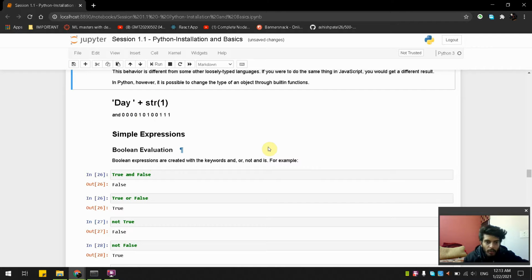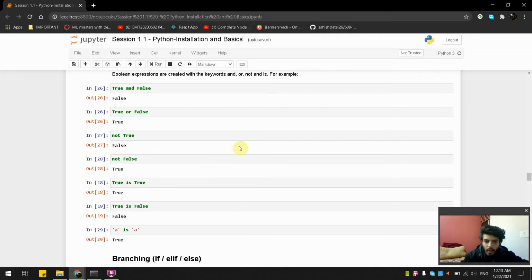So now simple expressions, boolean evaluations. A boolean expression is created with the keywords and, or, not, and is. There are four types of boolean expression: and, or, not, and is.